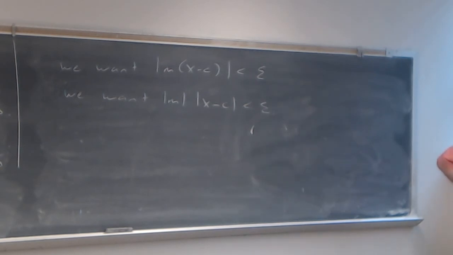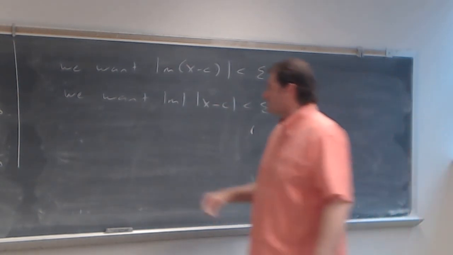The natural thing to do to get the absolute value of x minus c by itself is divide by the absolute value of m. But the problem is that the absolute value of m might be 0. So that's why we have to break it into cases. So, case 1,